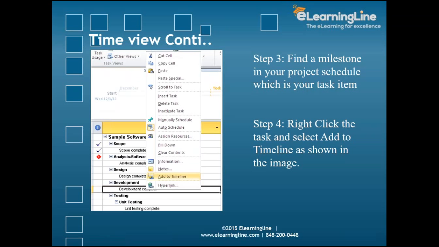Now we are trying to find the milestone which is associated with the project schedule, and that is one of your tasks. So in a nutshell, we need to have a task item converted as a milestone. So what do we see here? Find a milestone in your project schedule which is your task item. Let's say testing completed is the milestone, but at this point of time it is just a task item and we need to make it a